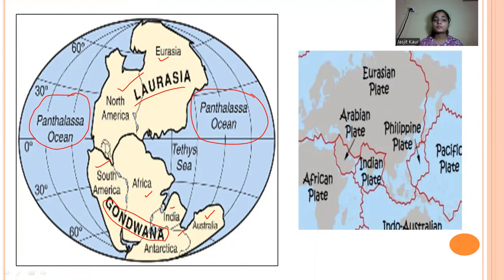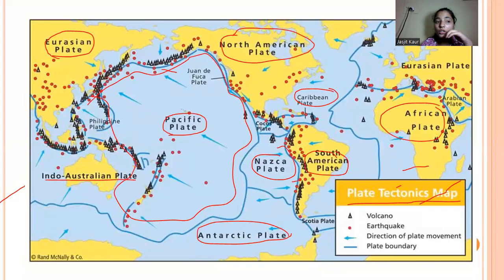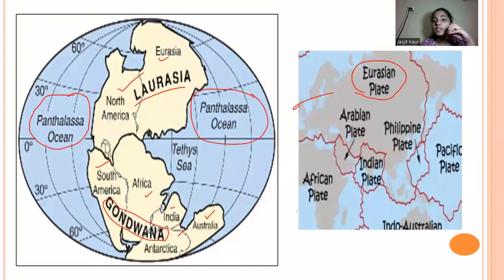But when the Eurasian plate started moving from its place, because of the Eurasian plate, there was a movement in all other plates. Like we have discussed, we have 7 major plates here: Eurasian plate, Indo-Australian plate, North American, South American, African, and Antarctica plate. So when there is a movement in the Eurasian plate, all the other plates also start moving from one place to another place,